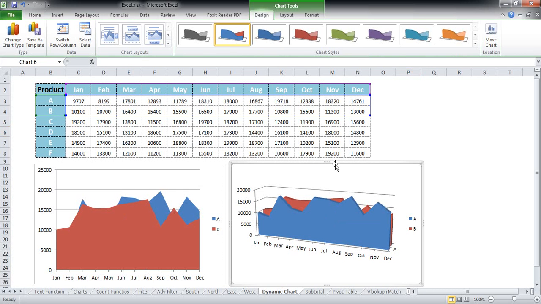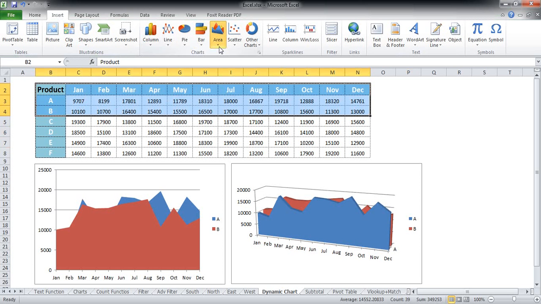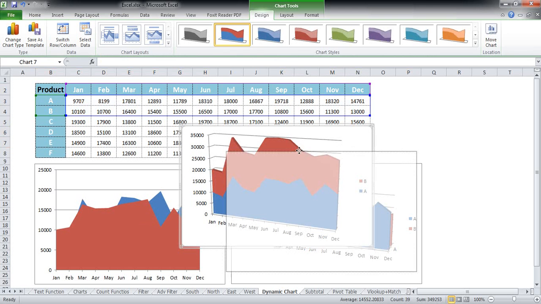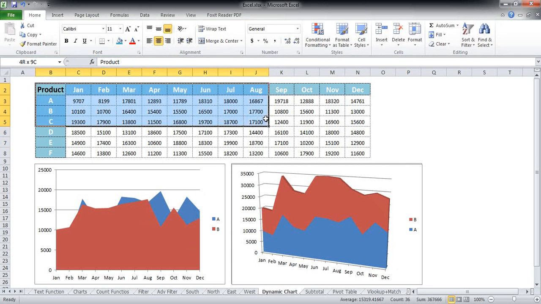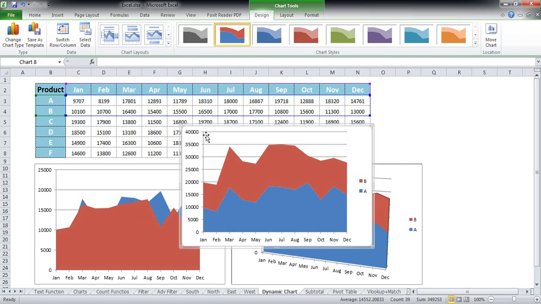Now although this is the simplest one, we can still create two more different kinds of area charts in Excel, which are three-dimensional in nature. And to begin with, we select the data on which they are going to be built, click on the Insert button, go to the Area drop-down over here, click on this button over here. Now this is the 3D stacked area chart, and this is in complete accordance with the previously discussed 2D stacked